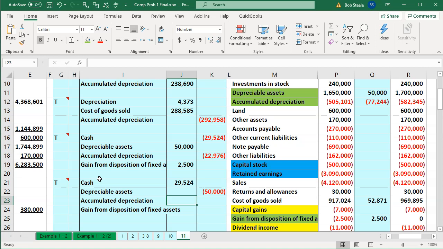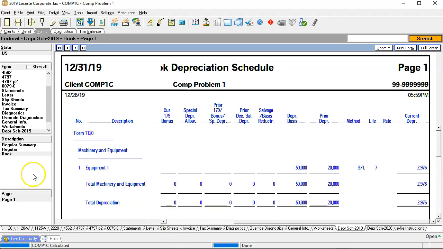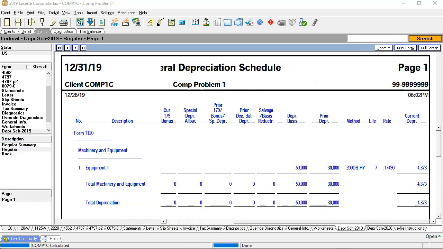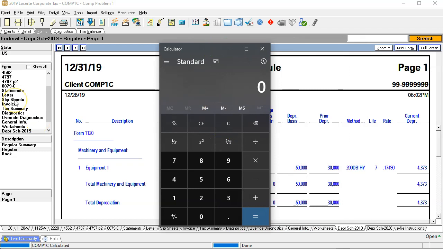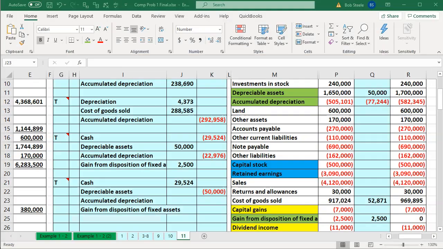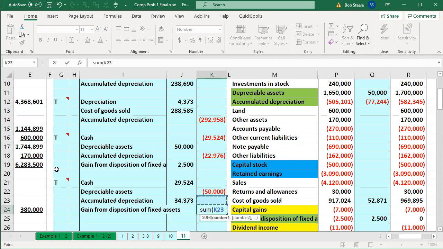And then we're going to say the accumulated depreciation, which is the differentiating factor here. So we go back to this item and we go to the book. That's now going to be current portion 4,373 plus the 30,000, now for the 34,373. So this is on a tax basis, not the book basis, tax basis. All right, so this is going to be 34,373. It's going to go down, and then we're going to say negative sum plug formula for our gain now on a tax basis being that